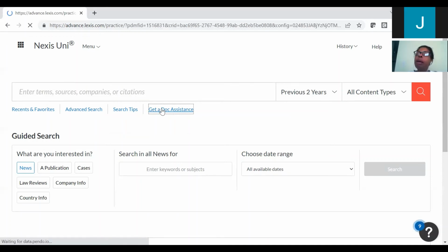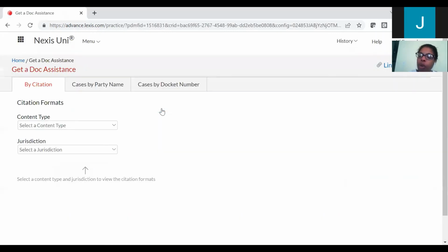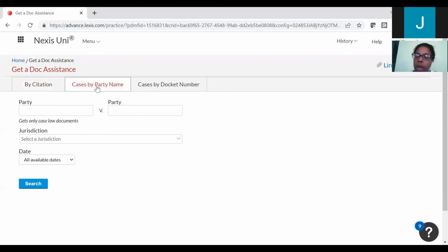And we're going to take a look at, we've already kind of taken a look at the Get Doc Assistance by citation, but we're going to revisit it. We're going to go into a little bit more detail, but I'm going to do first cases by party name. Now, for those of you that are unfamiliar with Dred Scott, the Dred Scott case, which was a landmark